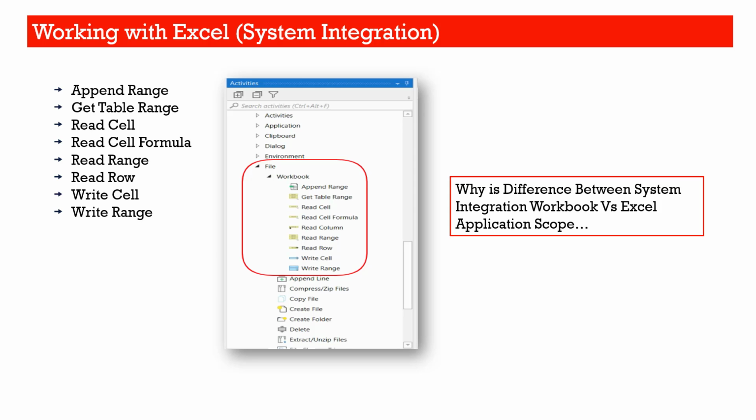Any doubts so far? Any questions you have before I move to the practical example of Excel workbook? Do you understand when system integration is to be used and when Excel application scope is to be used?